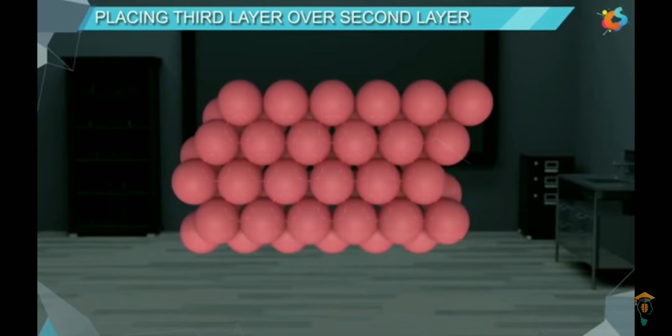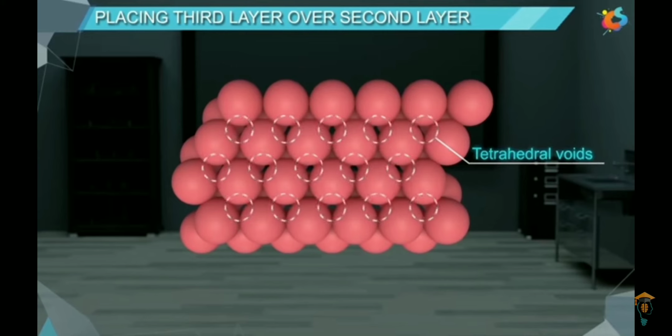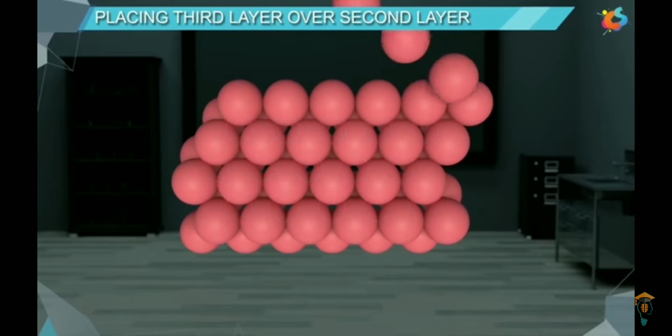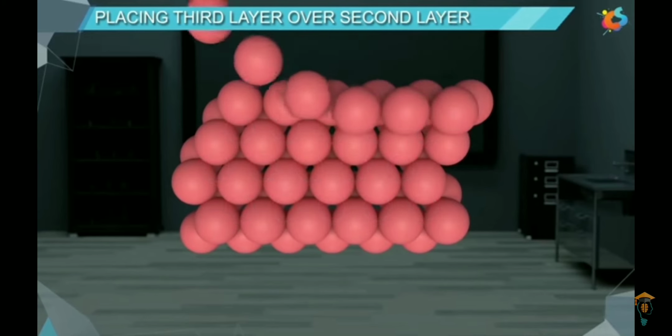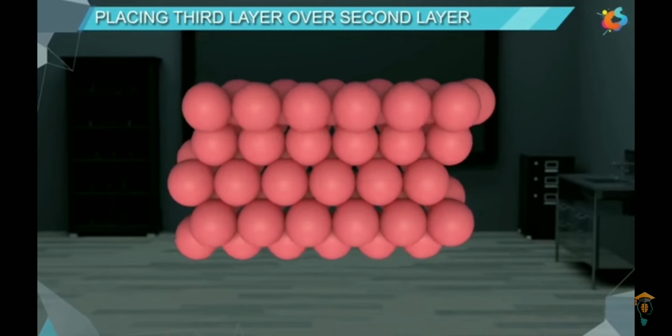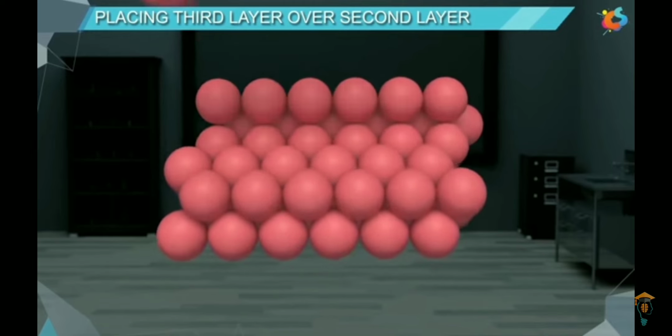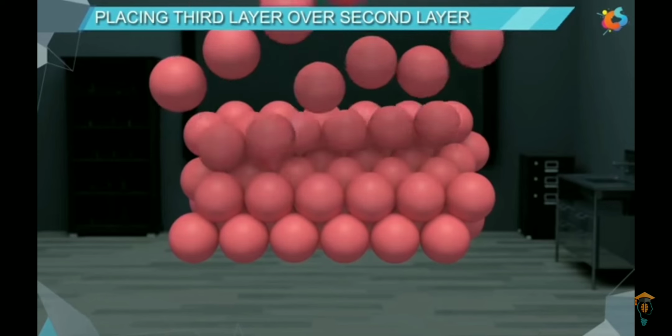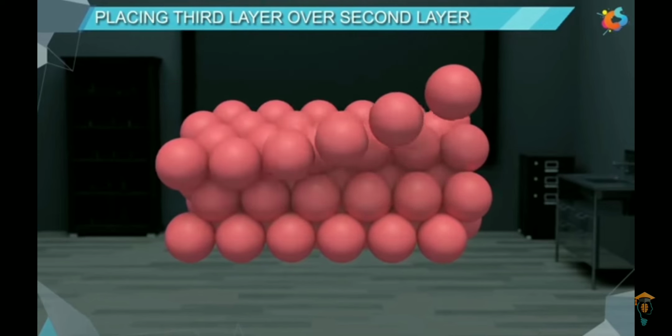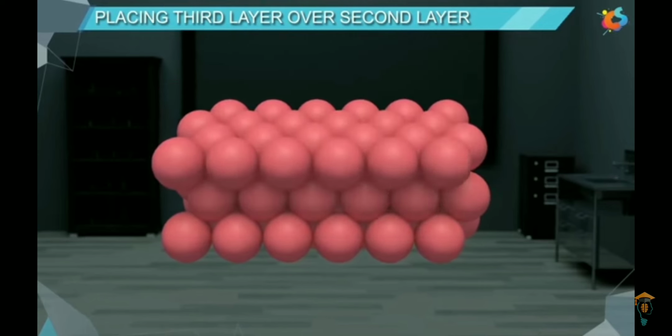The tetrahedral voids of the second layer can be covered by placing the spheres of the third layer over them. On doing so, the spheres of the third layer will get exactly aligned with the spheres of the first layer. So, if we call the first layer as A type and the second layer as B type, then the third layer will also be A type.